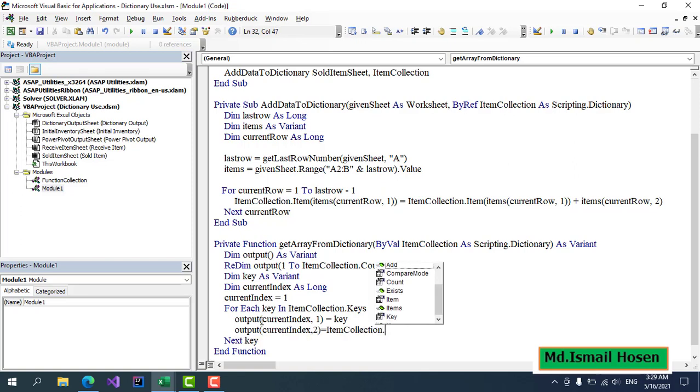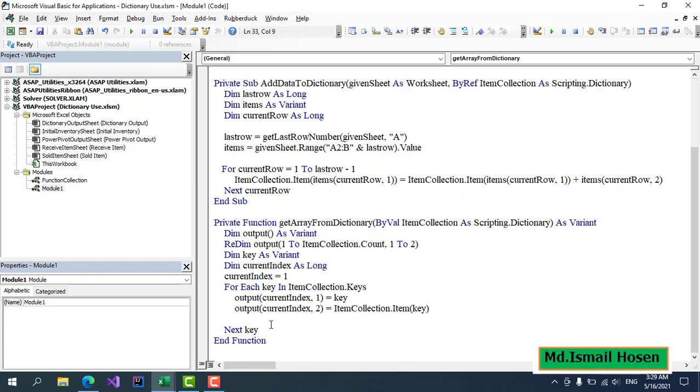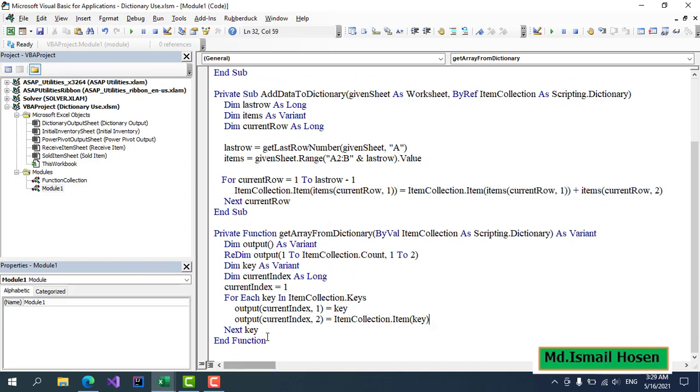So item collection dot item, and then that will get the key. So this will hold the item, next key,